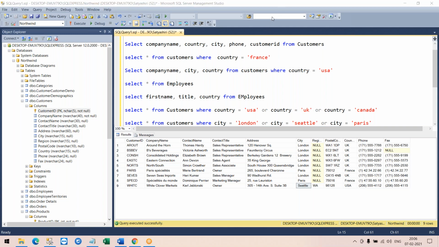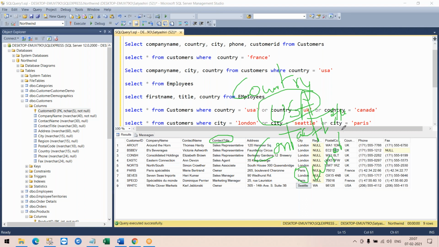Now, let's say, for example, you want country to be USA. But let's take one other column, say contact title. Contact title has to be owner. You want data which matches these two conditions, which is country is equal to USA and contact title is equal to owner.